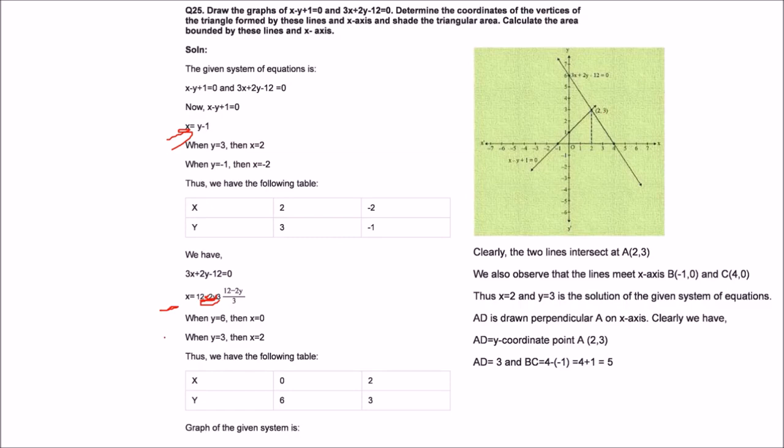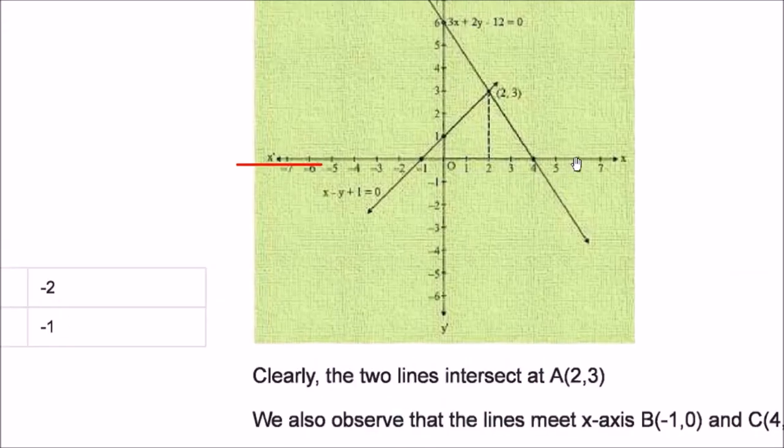Okay. Now if you see this, there is a triangle. This is your x-axis, these are your two lines, so this area is your triangle. This is your base from here to here, and this is your height. So half into base into height will be your area. Let us find the base here. This is 4 and this is 1, from 0 to 4 and from 0 to 1. So the total base is 5.